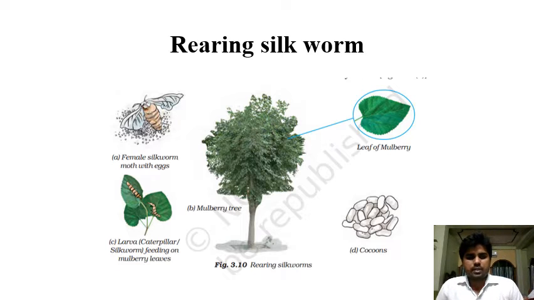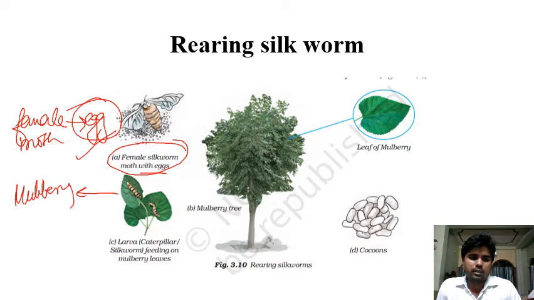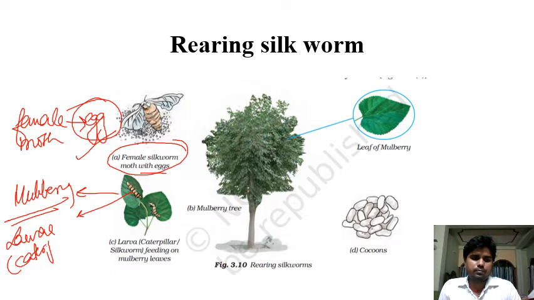Okay, students, what we can see here is that in the first section there is a female silkworm with the egg. The female moth lays the egg. Where does it lay the egg? Actually, they lay the egg on mulberry leaves, and there they grow into the larva stage, and that larva is known as caterpillar, or